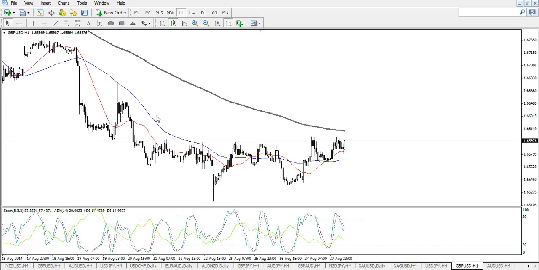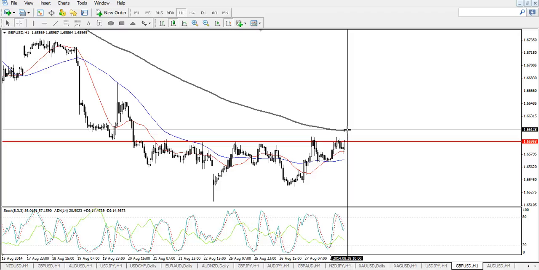So what we can see here is that the steps, I believe, is about to finish forming. You can see there's a resistance level over here, and price has been resisted at this level, which is 1.6596. So if we are looking at the shorts at this point of time, it is possible, but just